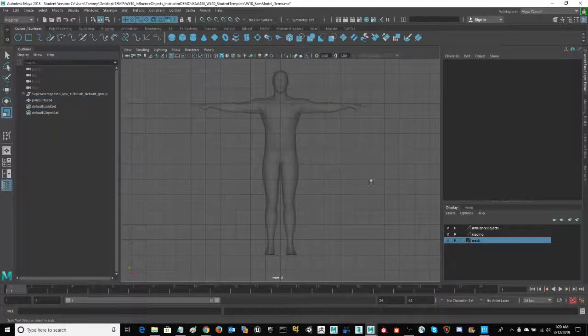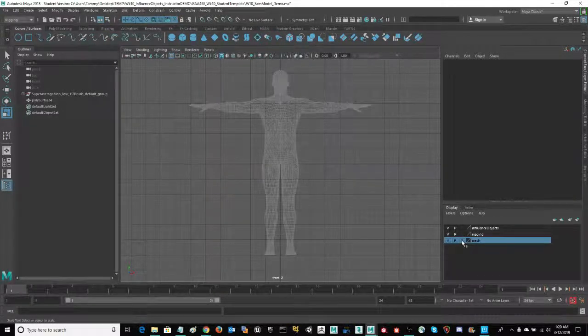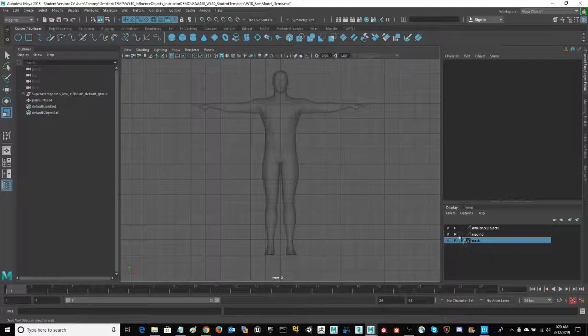I'm going to select my model, put that on a layer, and then lock that down as a reference object so I can no longer select that. I'm going to start